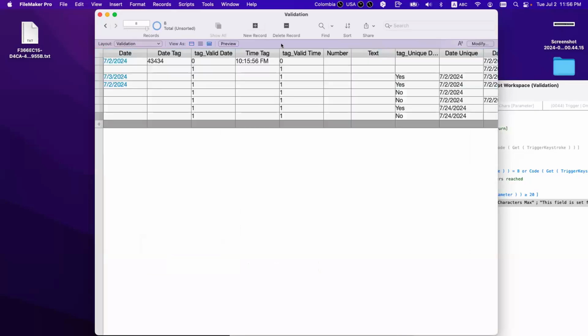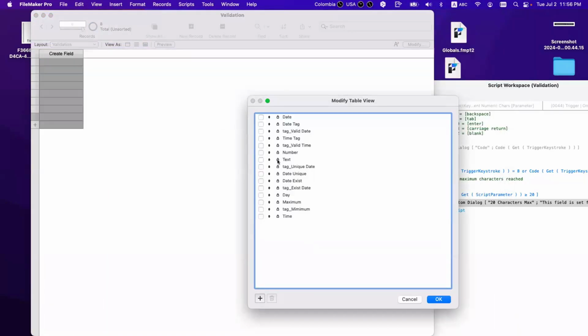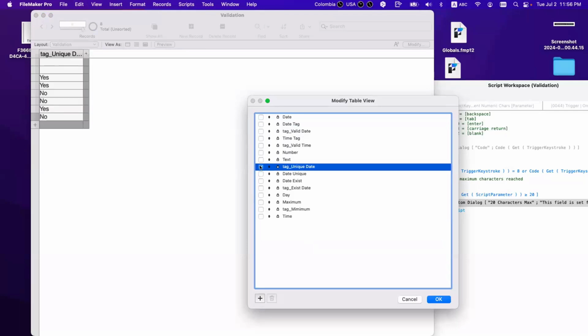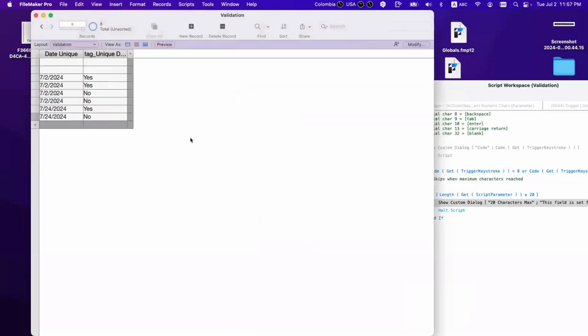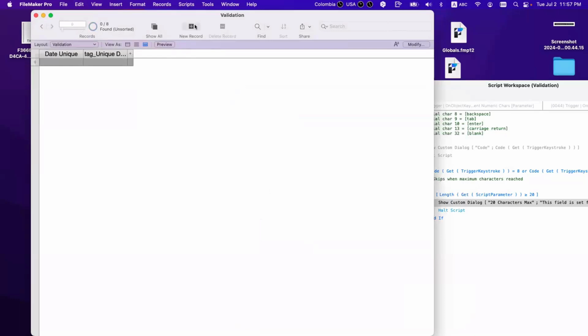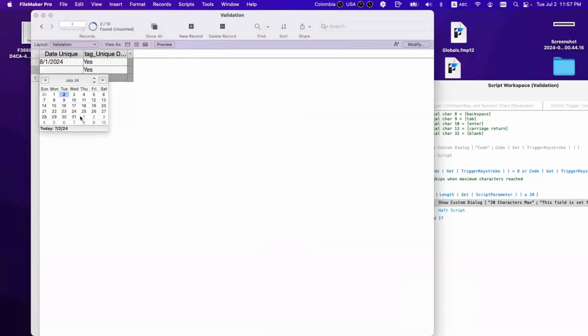Big advantage is this. New record. Is it unique? Yes, by default, okay? And here I'm going to put the 1st of August. Unique, yes. Okay. Now you create a new one. Unique, no. You create a new one.